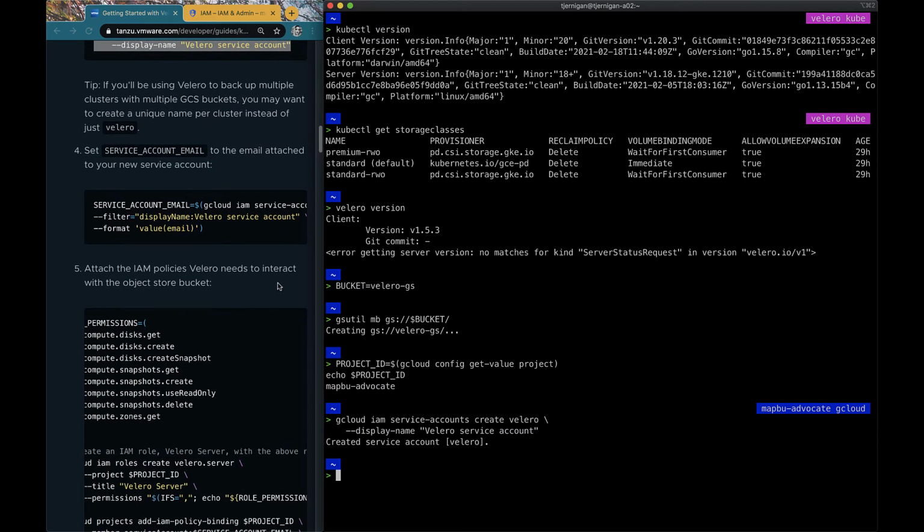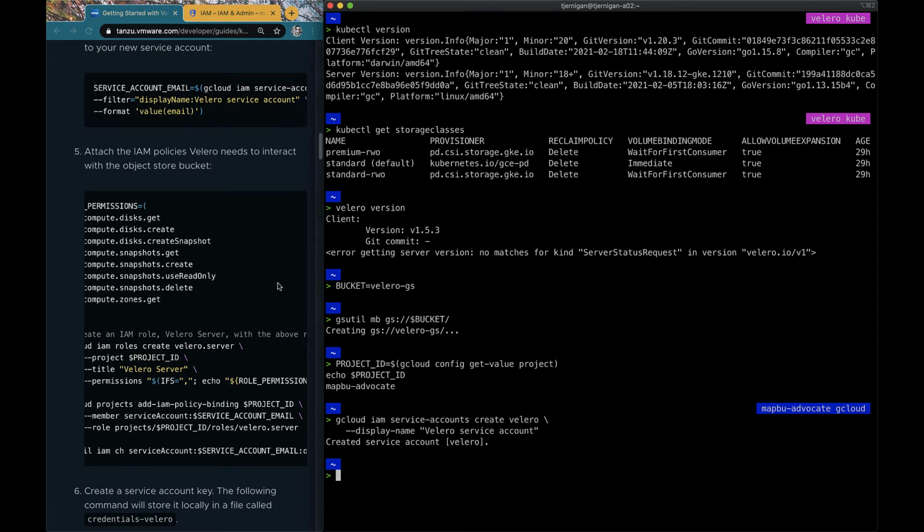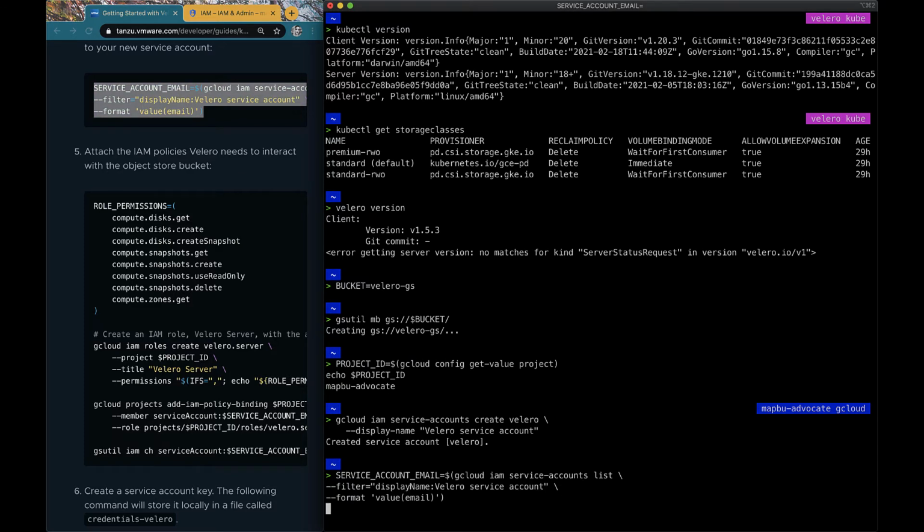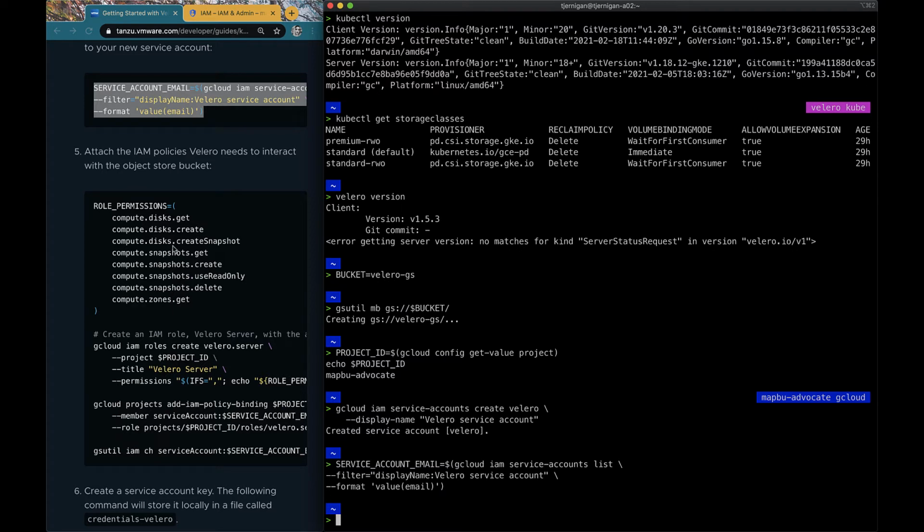Cool. Okay. So the next step is we need to get the service account email. There's this nice fancy gcloud command, and you can filter and format it the way you want. So we're going to do that. Okay, so next you need to attach the IAM policies that Velero needs to be able to actually interact with the object store bucket. So you can see what these different role permissions are, like being able to get disks, be able to create them, things to do with snapshots,